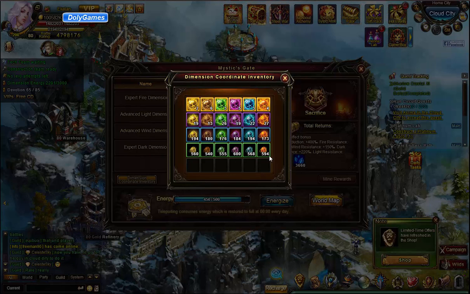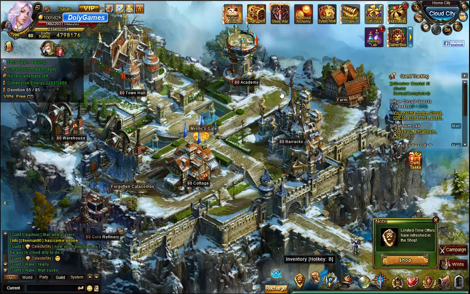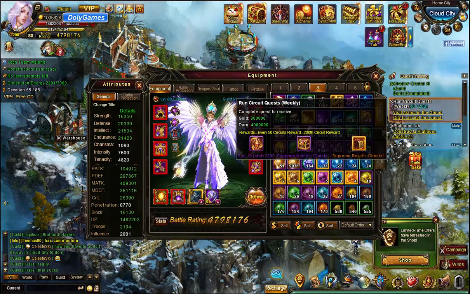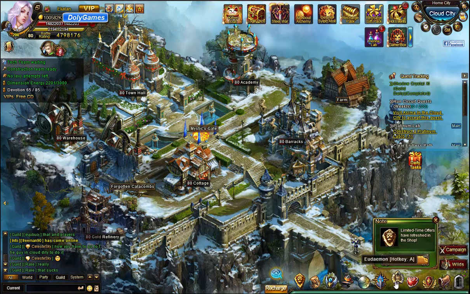So this is just where you see all of your dimensions. You still need the inventory space for them, so it's not like they leave your inventory and go over there. You still need the space in your bags. So I think that's supposed to be just a convenient thing. I don't think it's that important, but anyway, they put it in. Other stuff...